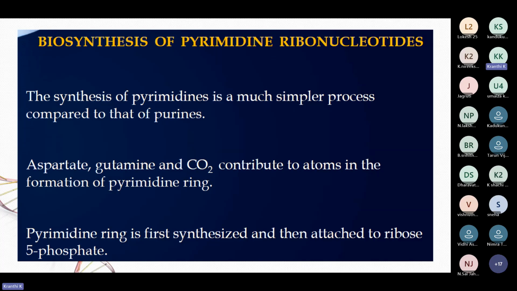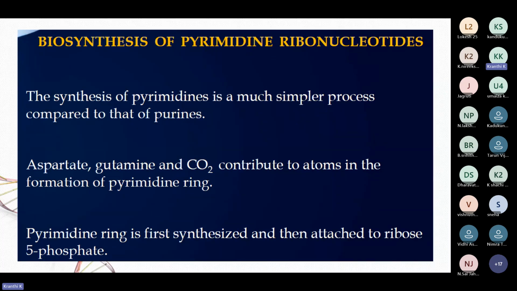Salvage pathway, right? There are two mechanisms. One is the de novo, which is newly synthesizing purine rings. Salvage pathway means you are utilizing them again, by recycling. Okay, so here the purine metabolism is similar to the pyrimidine, or pyrimidine is similar to